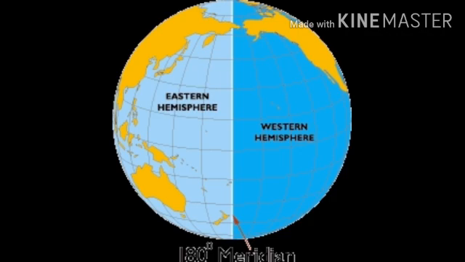The longitude lines go from north to south, and they divide the earth into how many hemispheres? Two hemispheres. What are those two hemispheres? These are the eastern hemisphere and the western hemisphere. So all the lines running from the north pole to the south pole are called meridians of longitude. Now these meridian lines are semicircular lines, and two opposite longitudes together form one big circle.